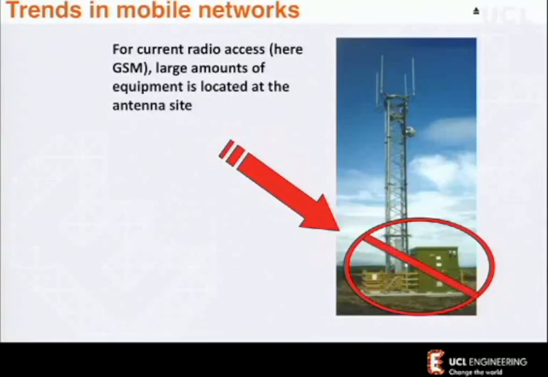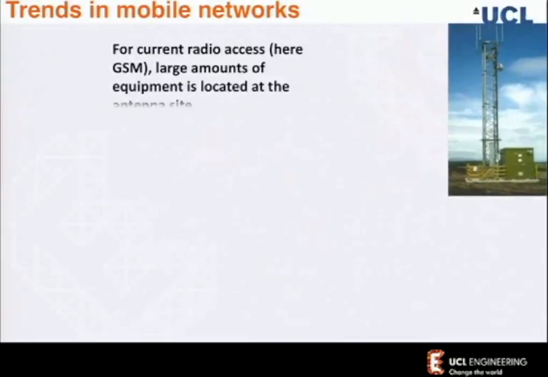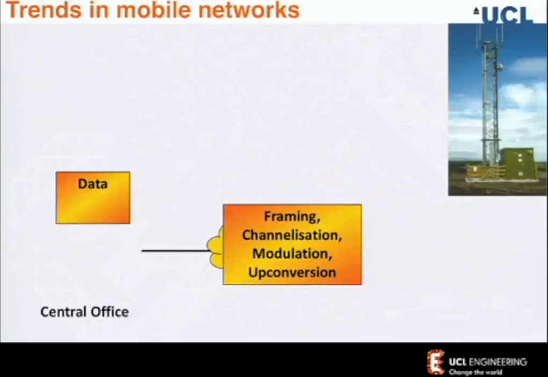So the argument has generally been, well, can we move some of that fancy stuff further back into the network? Well, the idea that has often been proposed is, as soon as you're connecting these with fibre... Actually, if you look at this example, there's a microwave dish on the side of this, so this is obviously not a fibre-connected base station. But if it were, why do all this here? Can we not move that back further into the network?